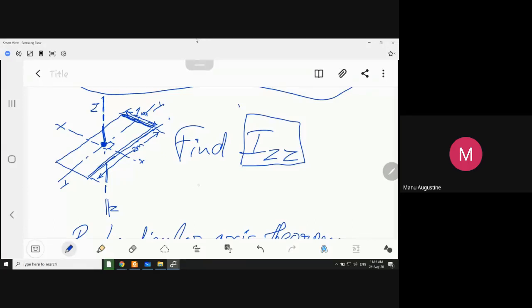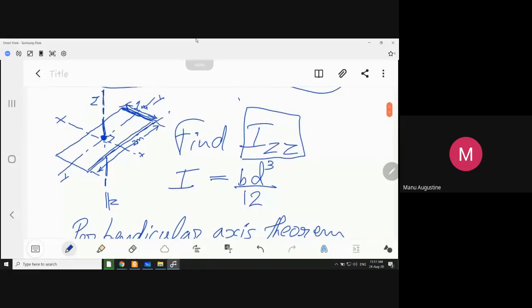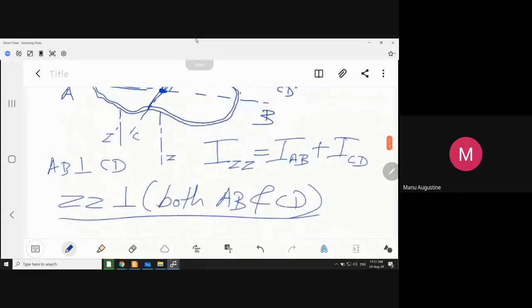The moment of inertia formula for rectangles, as you remember, is BD cube by 12. The only thing is you have to remember which side has to be cubed and which side has to be left as it is. So if I take up this rectangle,